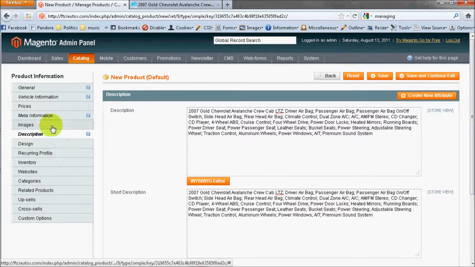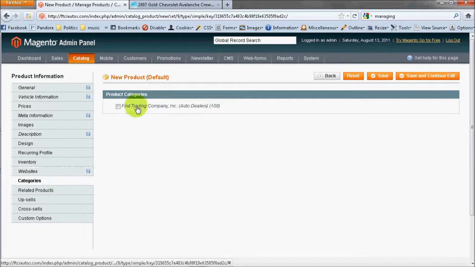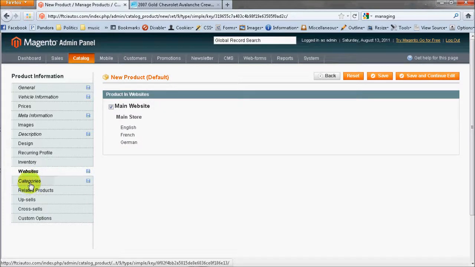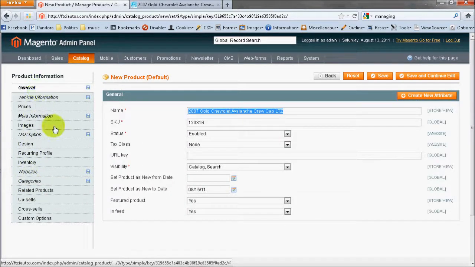So now I go down to websites, select main website. Now I go down to categories, and give it a second to load everything. Well, let's just go ahead and select that. For some reason it seems to be taking its sweet little time. Let's go back over here. For now, let's just go back up to general. Now I'm going to copy this again by hitting Control A and then Control C, copy the name,